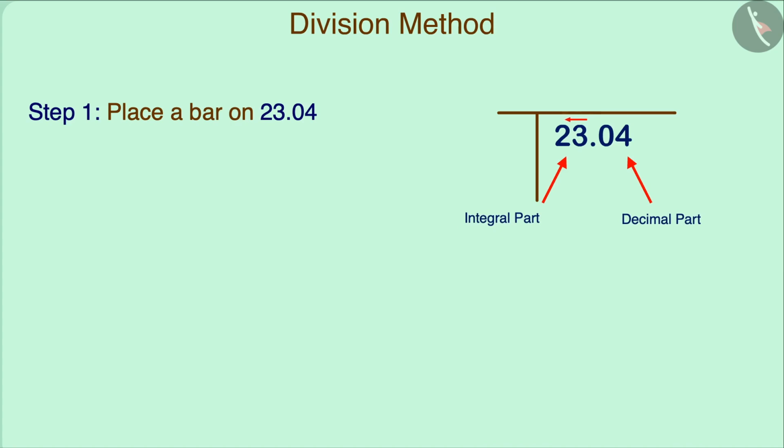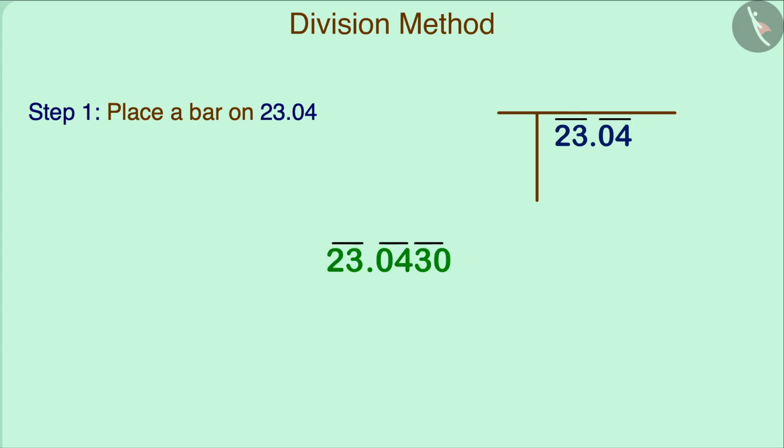Starting from the units placed in whole number, we pair the digits on the left side and place a bar on them. Here, we will place a single bar on 23. To place a bar on a decimal number, we start with the decimal and place a bar on the digits on the right side. If a number has an odd number of digits after the decimal, then at the end we pair it by writing 0 next to the remaining digit. For example, if there was one more digit at the end of this number, we would make a pair by putting a 0 next to it.